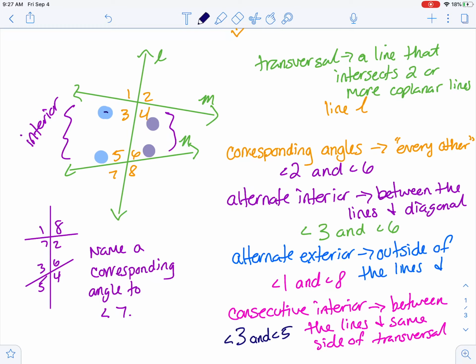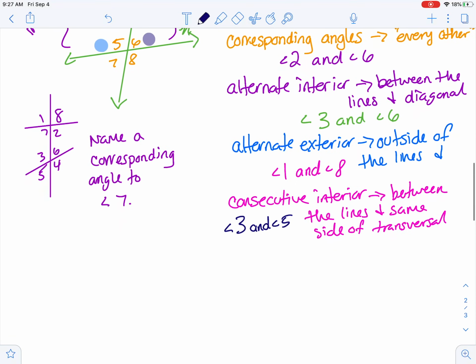So we're just going to get used to the definitions today. We are going to add on to this and actually get to solve later on in the chapter. So I want you guys to try one more on your own. Let's draw this, actually we'll go from the same picture that I already have drawn right here. So this next one that you're going to try, I want you to name